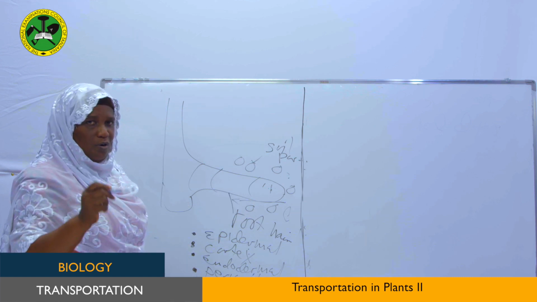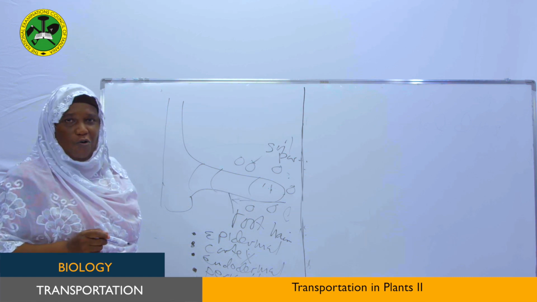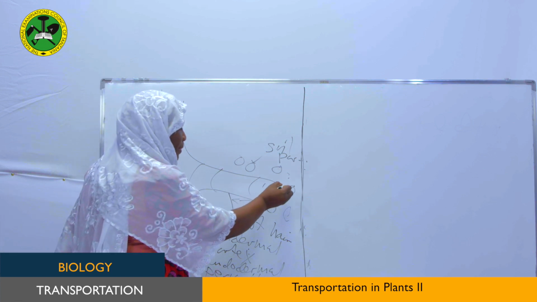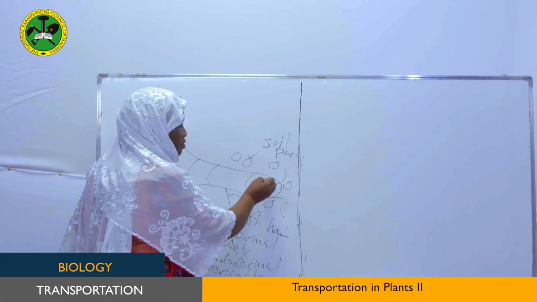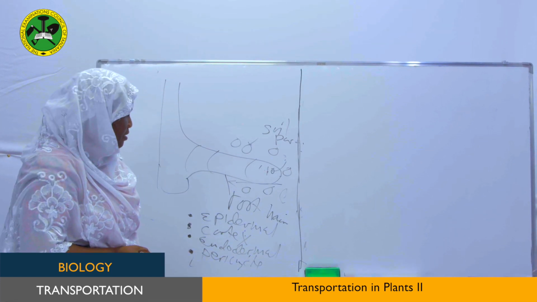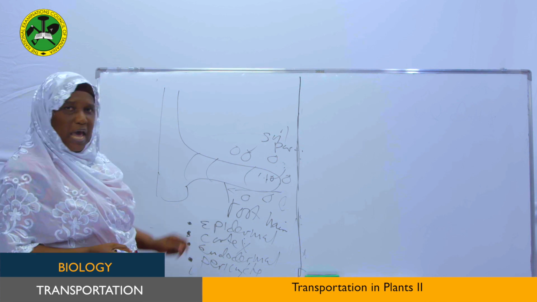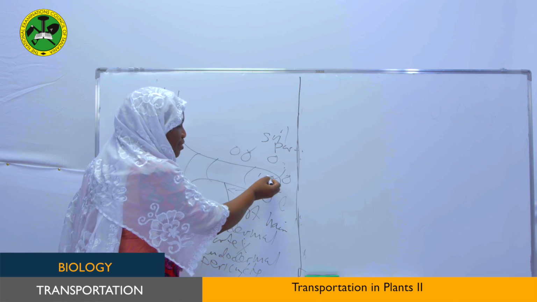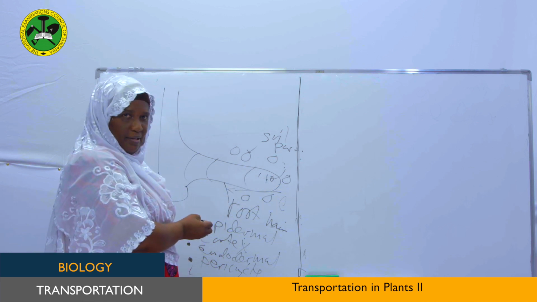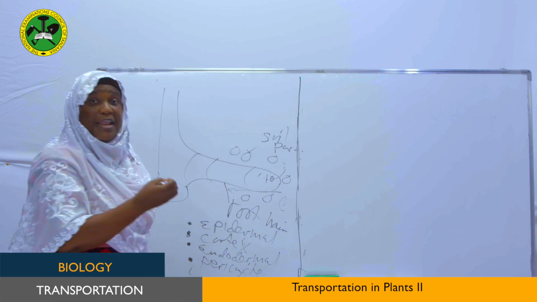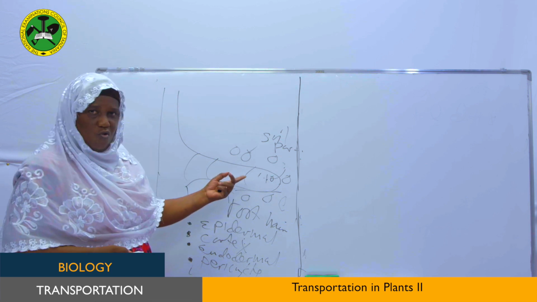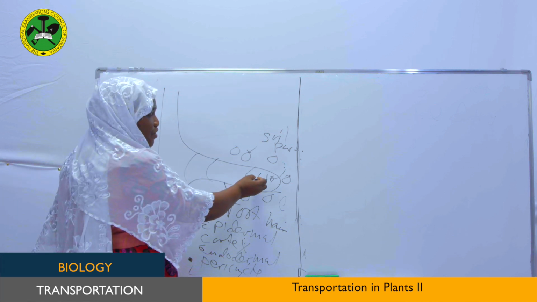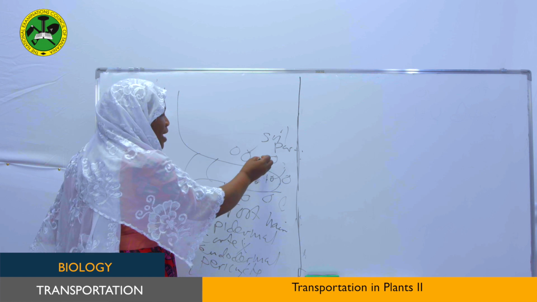Due to that, water will move by osmosis. Water will be drawn from the soil to the epidermal cells. When water enters the epidermal cell, the protoplasm becomes diluted due to the entry of water. Due to that, the water potential in this area will be high